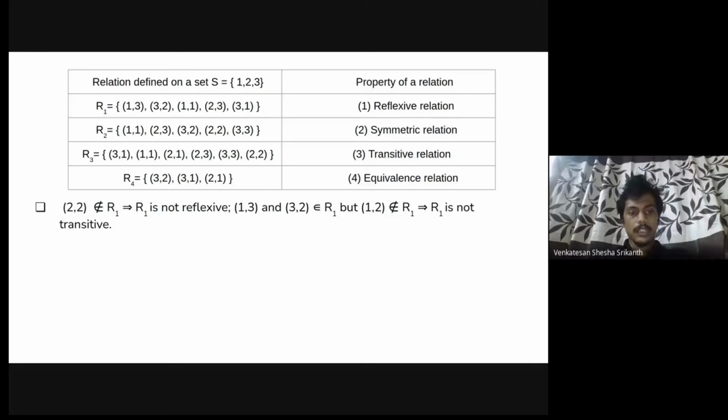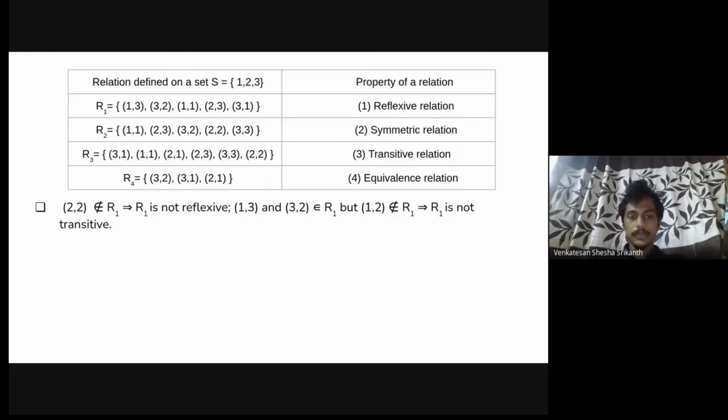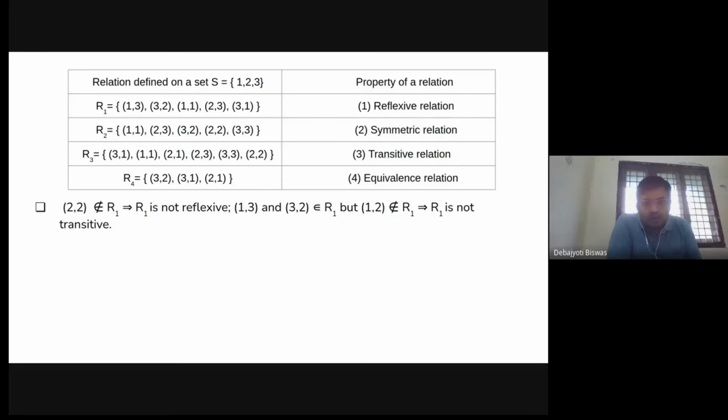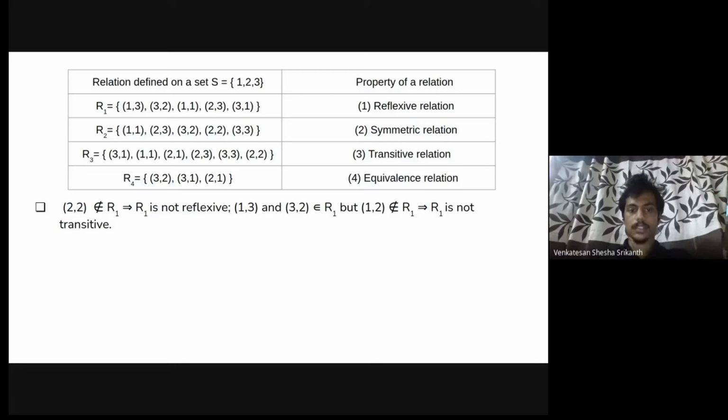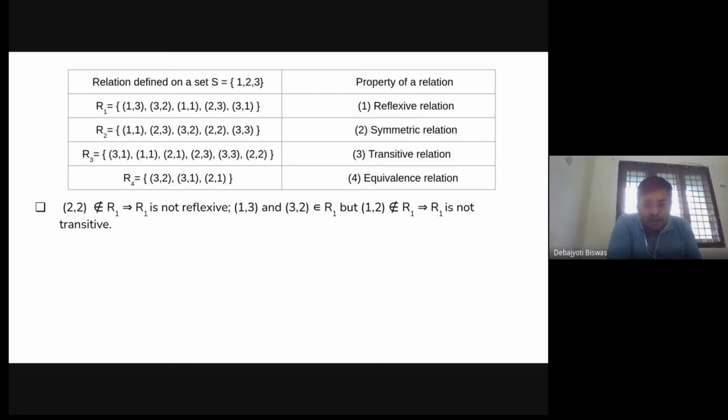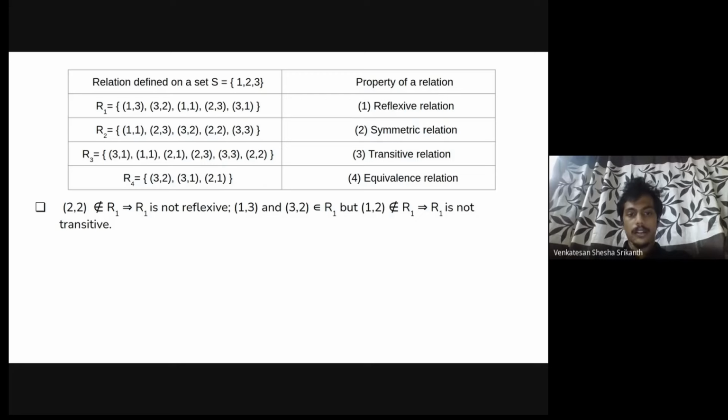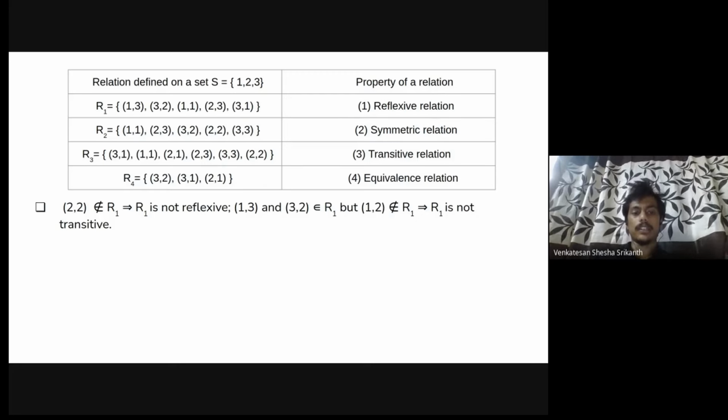Okay. Is it transitive? So (1,1) is there, and the next element should also start with 1. Then (1,1) is itself transitive. And when I move on to (2,3), (3,2) is there.